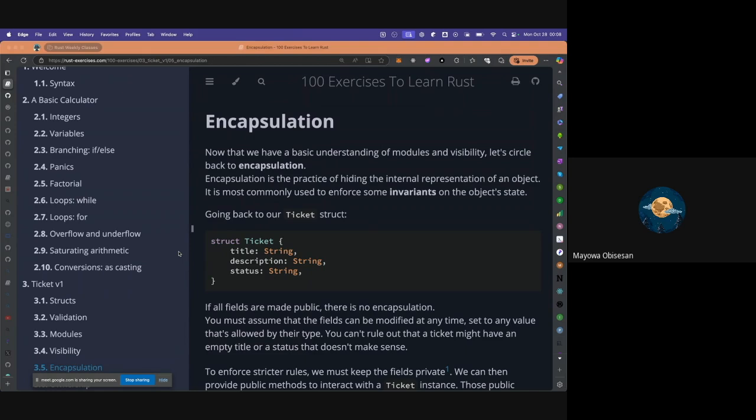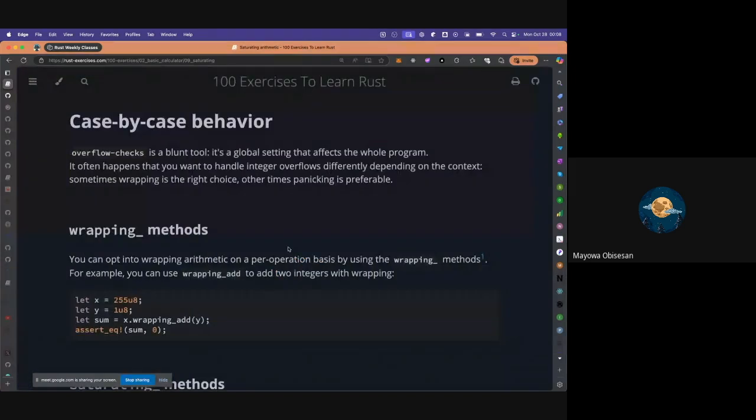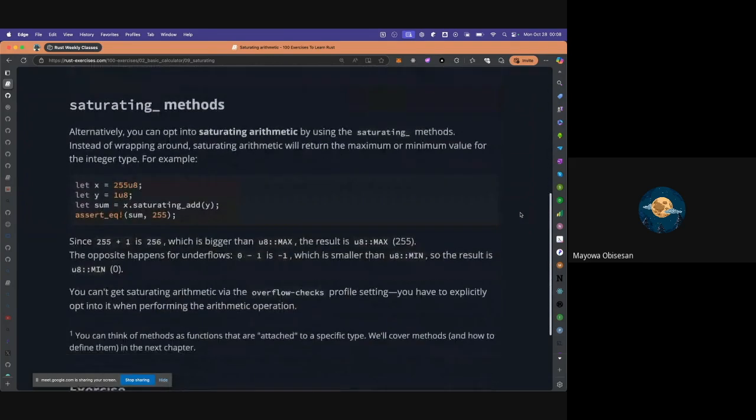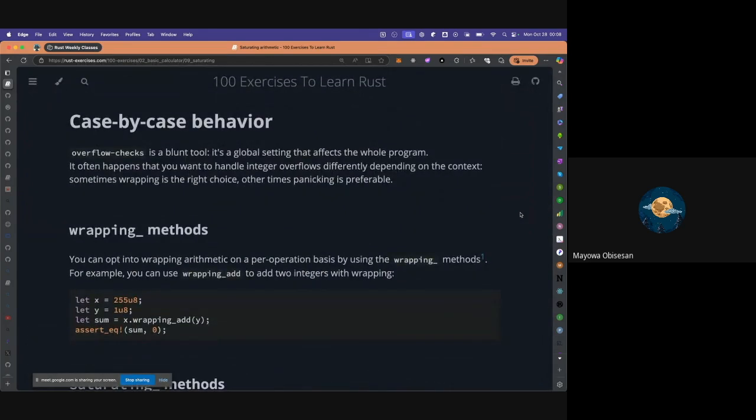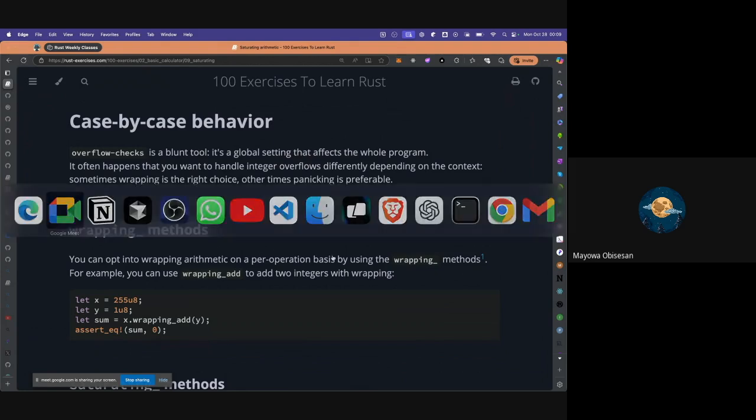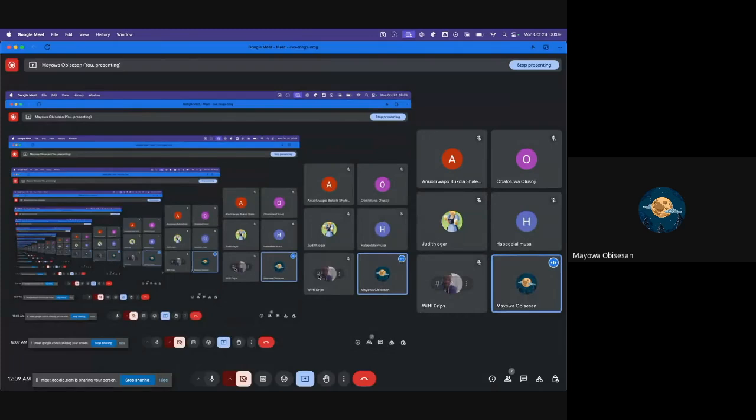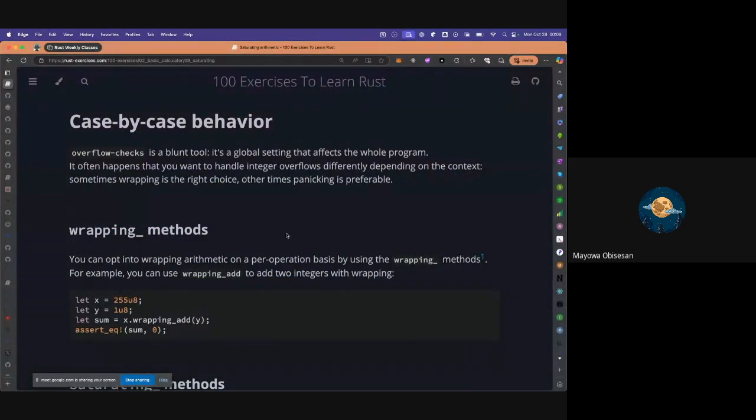Then we talked about methods that exist that allow you to work around them, different ways of working around overflow errors and underflows, whereby you can decide to use wrapping methods or saturating methods. We gave examples, showed examples as well. And we talked about wrapping methods, which are used generally for conversions when you